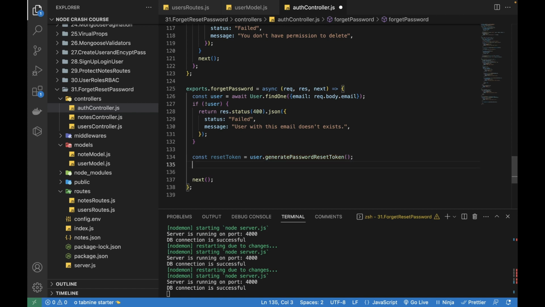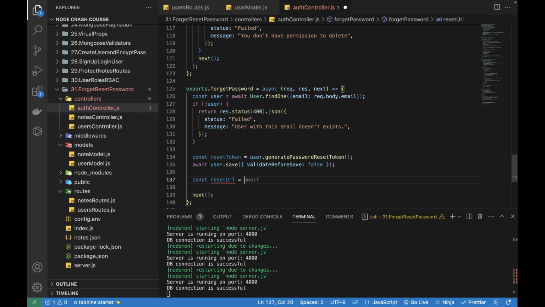And it will return the token to our variable, and after that I'll be saving it in the database. I don't want to save it in the database without converting it into the token. So now let's go ahead and try to generate a URL that will be sent to a client with this email ID. Okay, so I'm going to write const resetURL equals to,